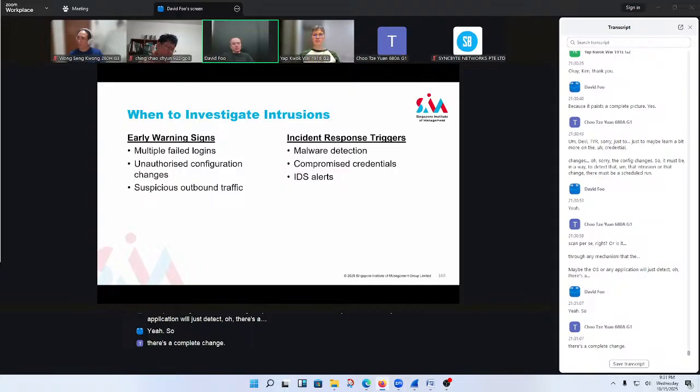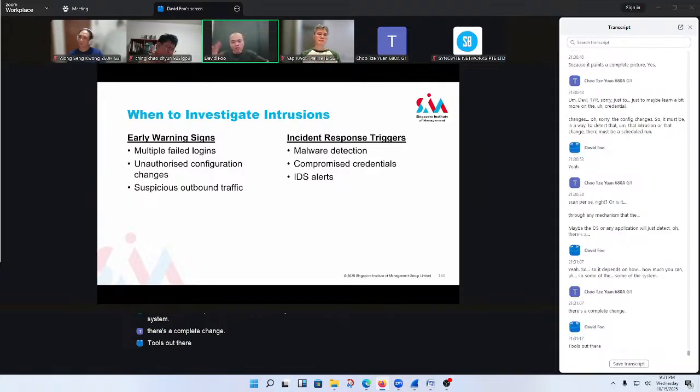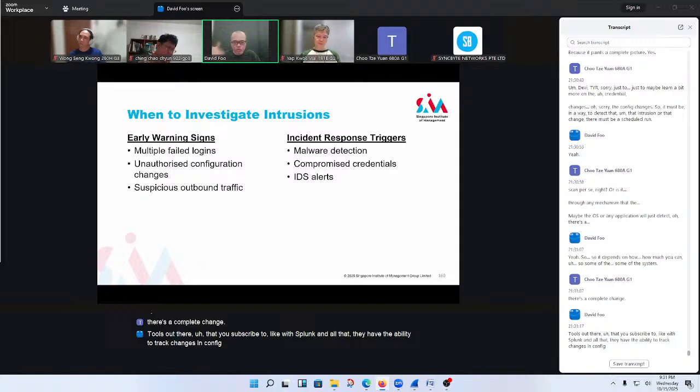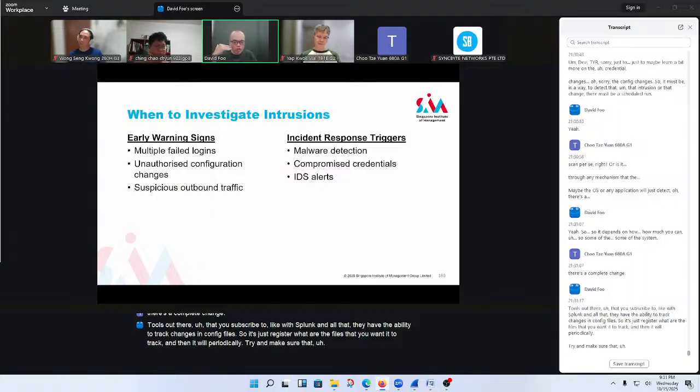So it depends. Some of the system tools out there that you subscribe to, like Splunk, have the ability to track changes in config files. You just register which files you want it to track, and then it will periodically track and make sure that there are no changes.